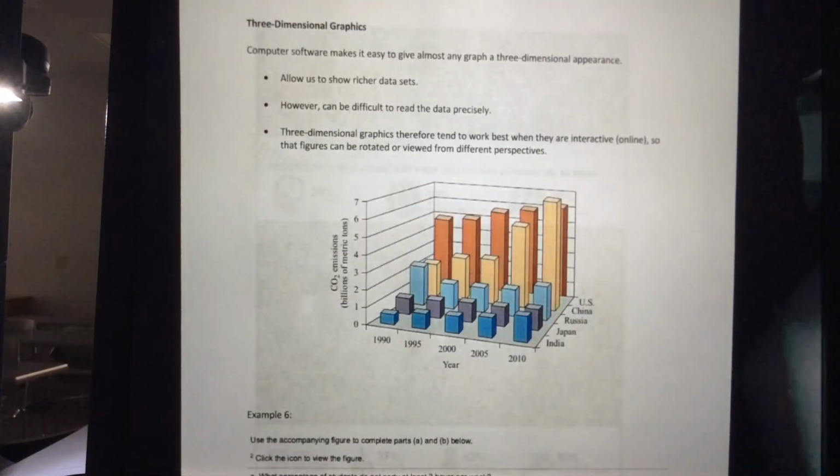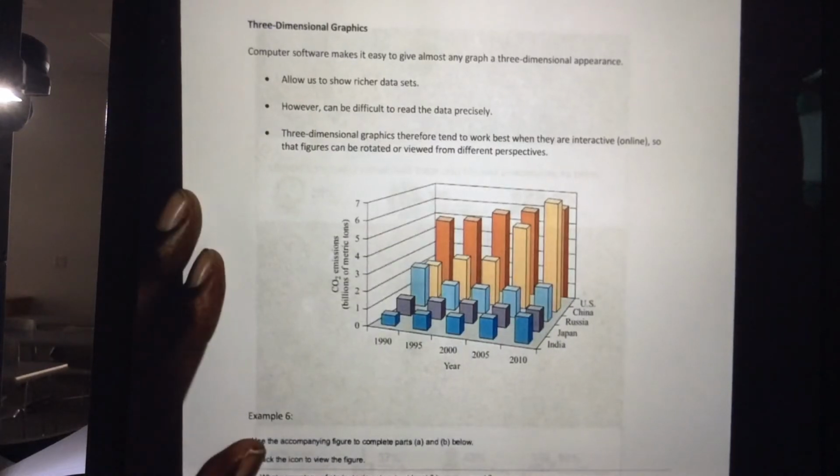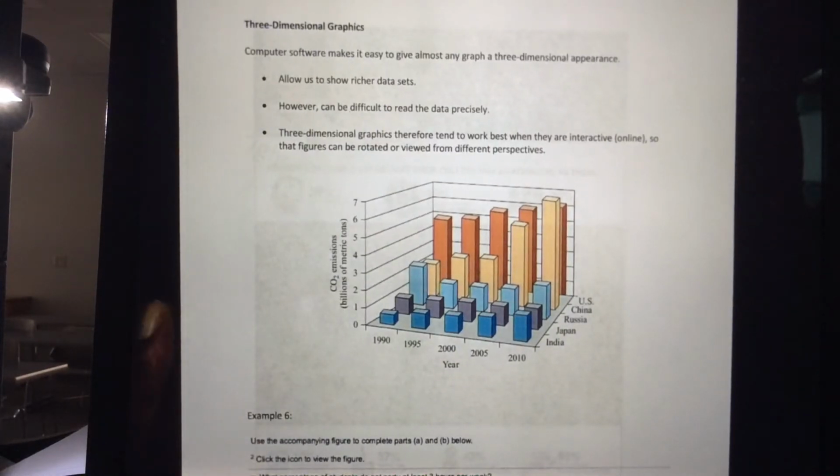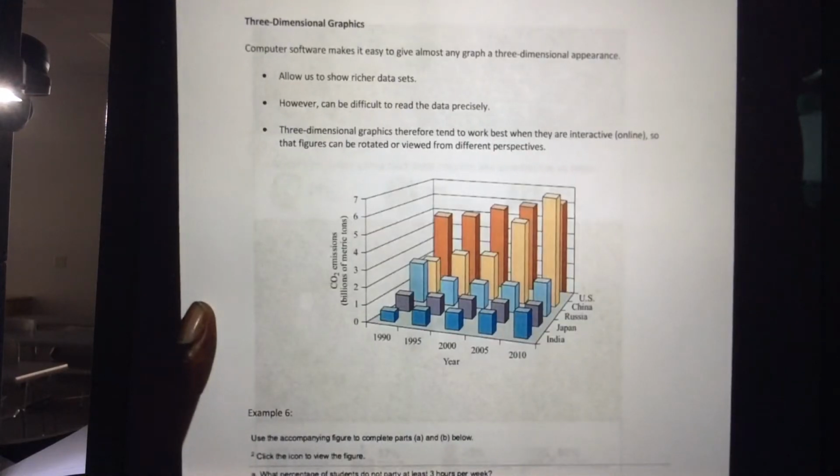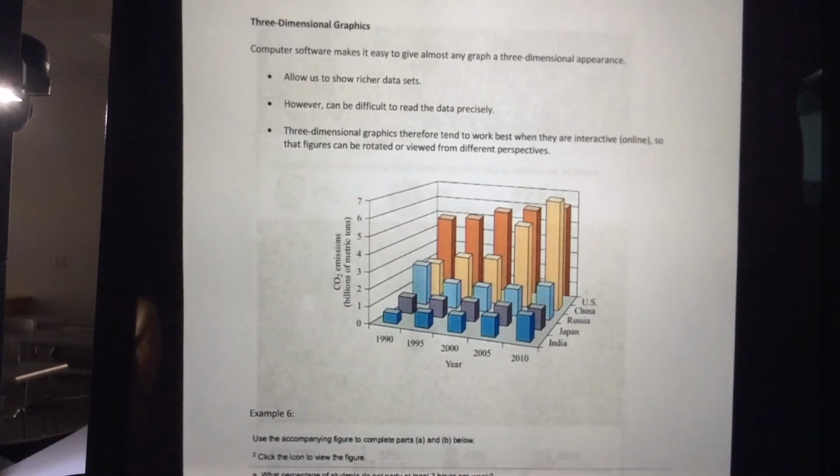All right, next we'll look at three-dimensional graphics. Computer software makes it easy to give almost any graph a three-dimensional appearance. It allows us to show richer data sets. However, it can be difficult to read the data precisely. Three-dimensional graphics therefore tend to work best when they are interactive or online, so that figures can be rotated or